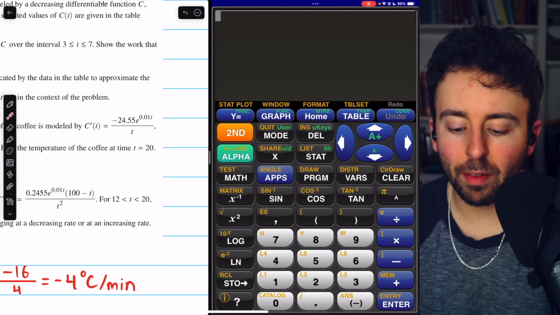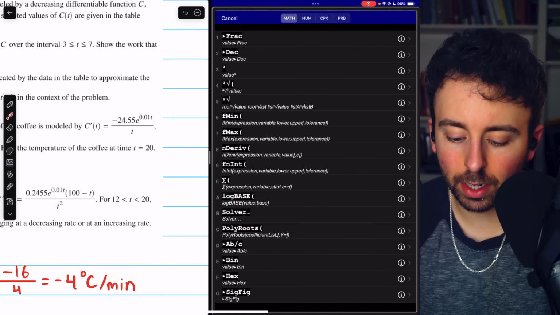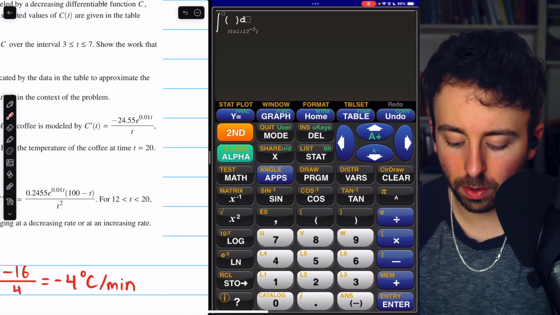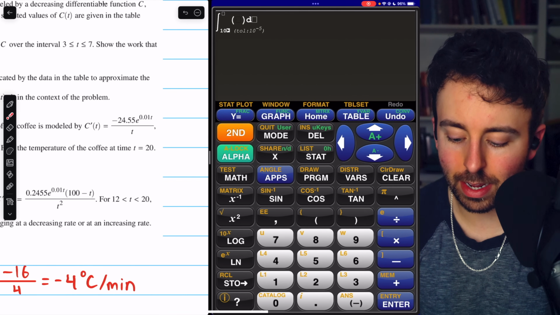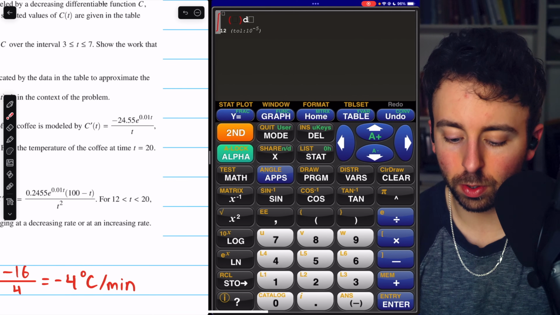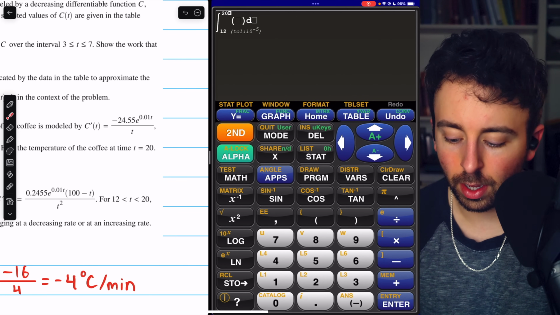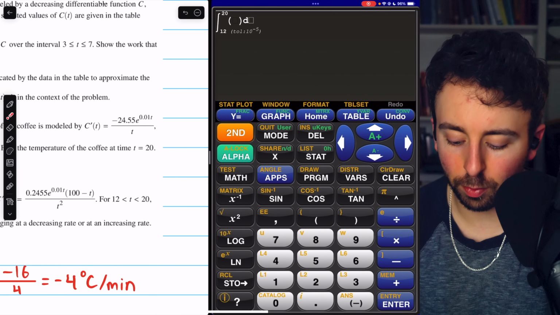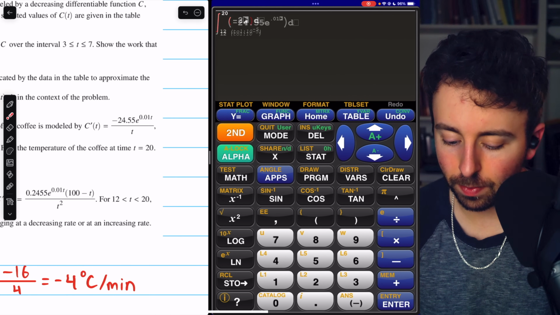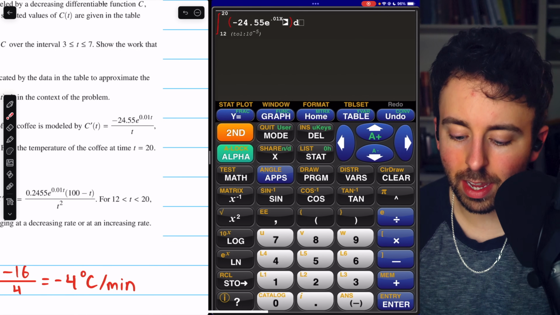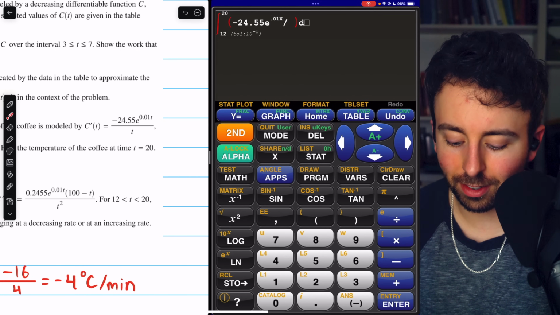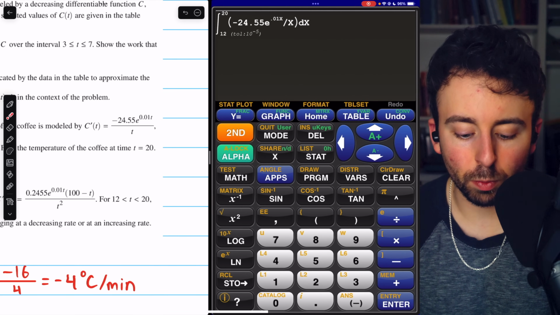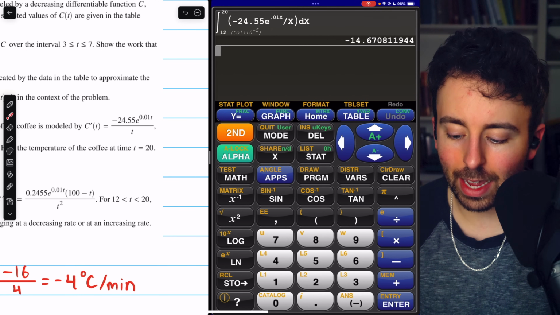So pulling up the graphing calculator, I'll press the math button, and then I will press option 9 for the integration function. We are integrating from t equals 12 to t equals 20. And the thing we're integrating is this derivative, so we'll just be careful and type that derivative in. And rather than using the variable t, we will use the variable x, since that's most convenient on the calculator. So we're integrating this with respect to x, and we get negative